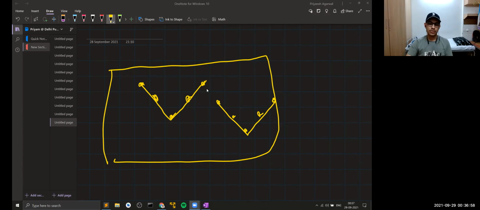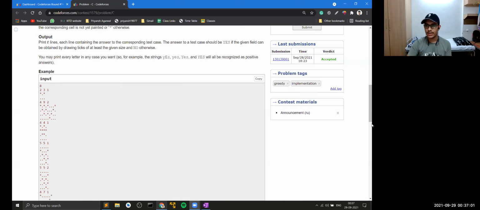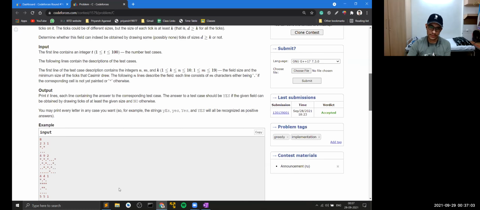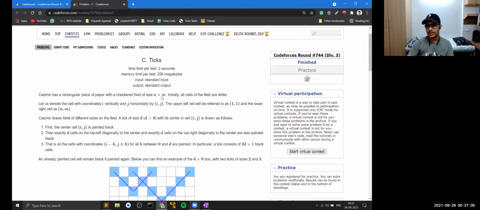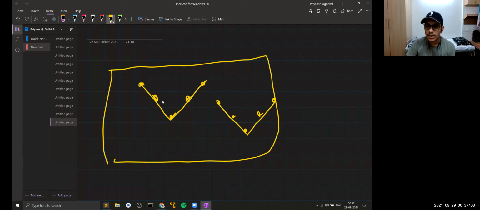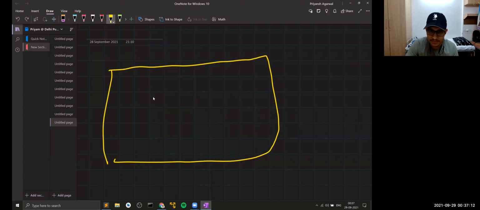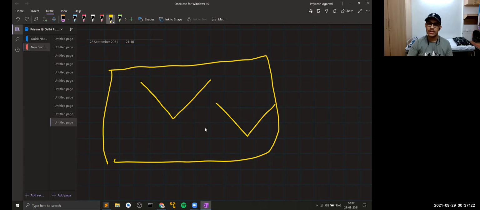Cool. So this question is not put up in this way. This question is put up in a different way. What they've told you here is that there is a person, let's name him X. What X does is that on an empty grid, X starts making tick marks. When X makes a tick mark, all the cells that are on this tick mark become black. Like this. This is what they've given in the question. And after this person X is done with making all these ticks, you have been given the final grid. Now you need to determine whether this is a valid grid or not.